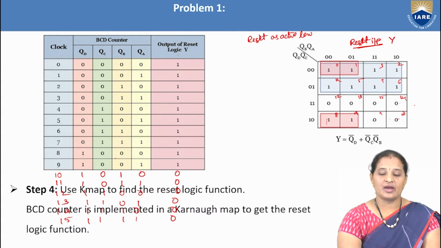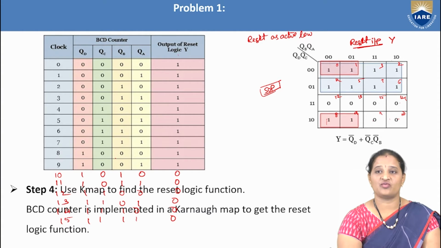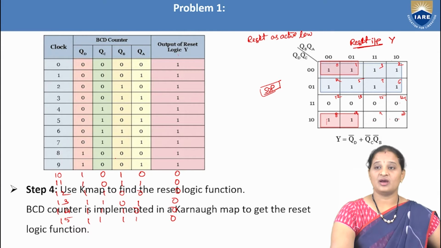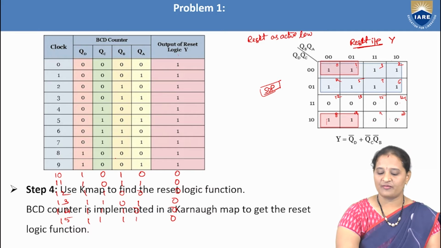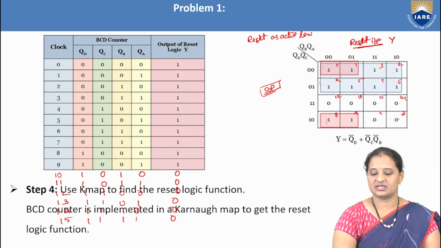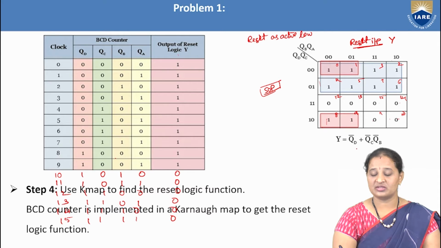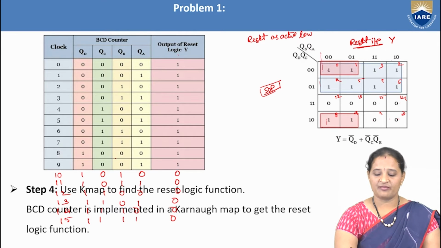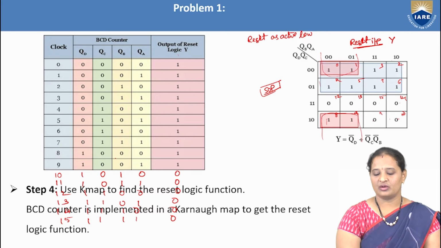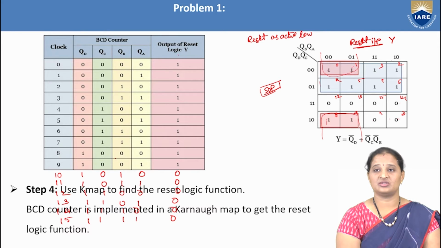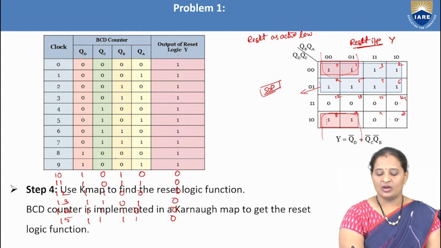As I want to derive the expression in SOP, that is sum of products form, I am going to group only the cells which are mapped with 1. Now I can form an octet here with all these 8 cells. Two ones are left free, so I am forming a quad with these 2 elements and these 2 elements. Now let me write the prime implicants for these groups.